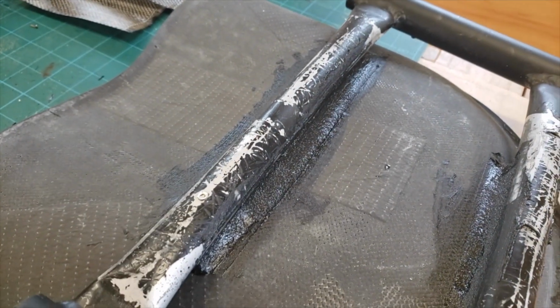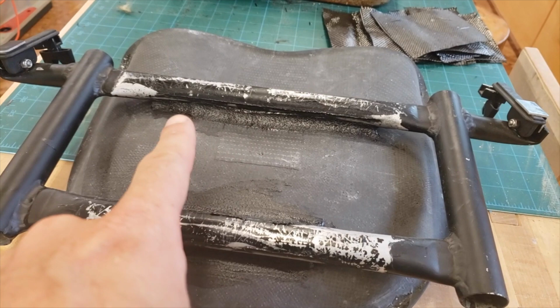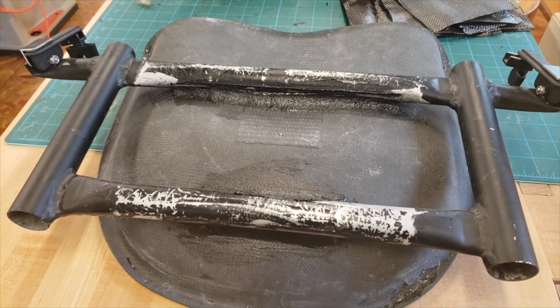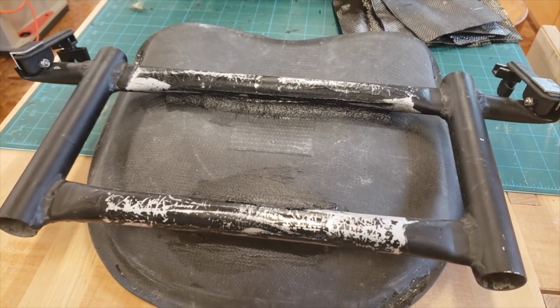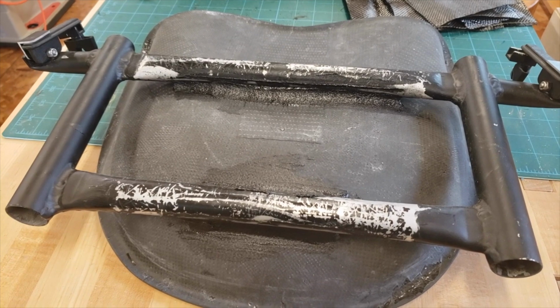The reason for that is that it just creates a more solid foundation instead of just having the seat touching the rails in a few spots. In this case, it would have been 3 spots, 1 spot there, 1 there, and 1 here, and then wrapping it in carbon. That eventually can lead to a failure because you don't have good contact between the frame and the seat itself. So by bedding it like this, you get a very good solid foundation,